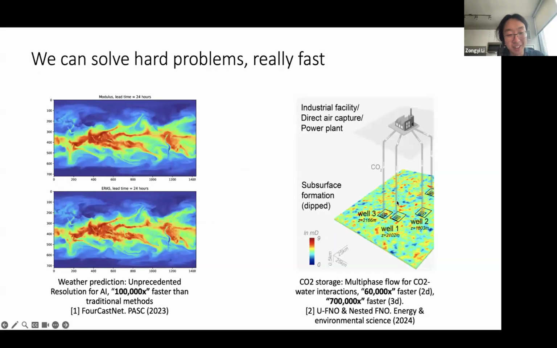Okay, so first, allow me to show 2 examples we can do with the Fourier neural operators. On the left is a weather prediction model called FourCastNet. It does 30-kilometer predictions over the globe. It can do temperature and velocity predictions for the next 6 hours, and in the mid-range, cover a week to 2 weeks.